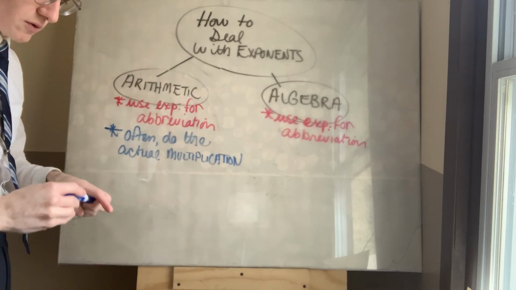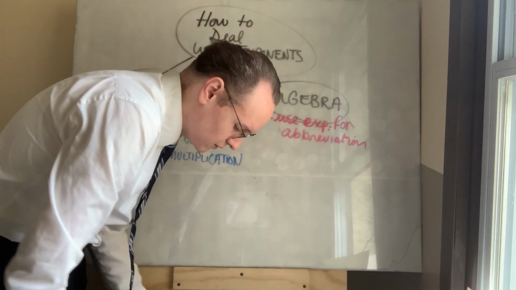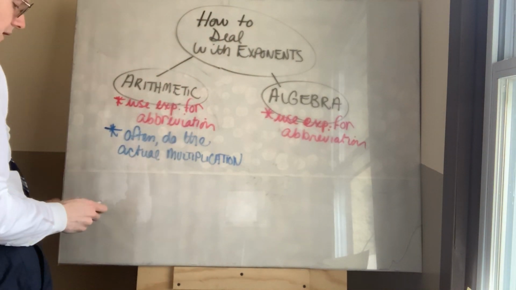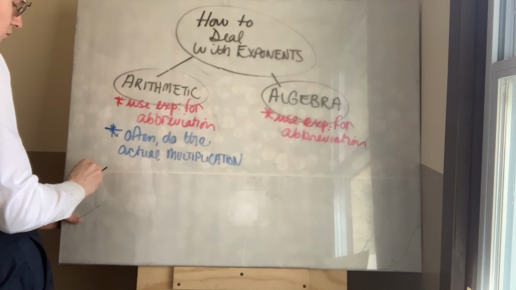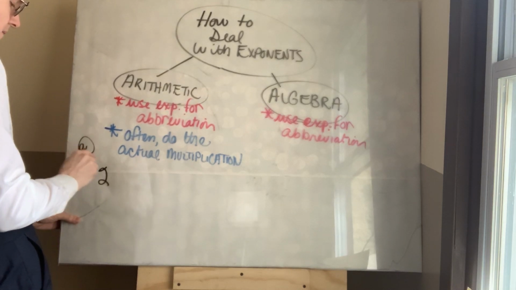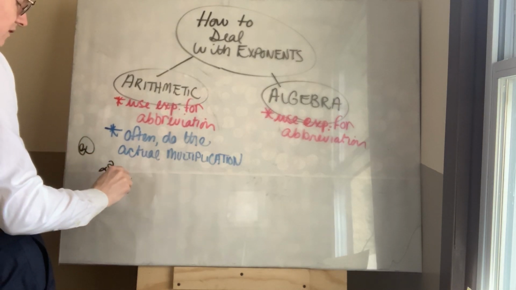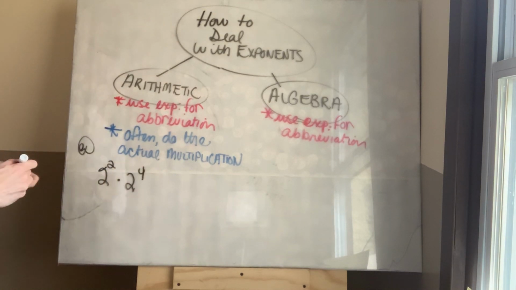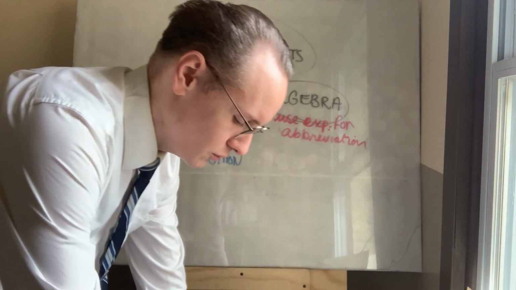Give you some examples to illustrate. For example, if you had something like 2 to the 4th, 2 squared times 2 to the 4th, right? The very first rule that gets discussed, and I'll point to it here,